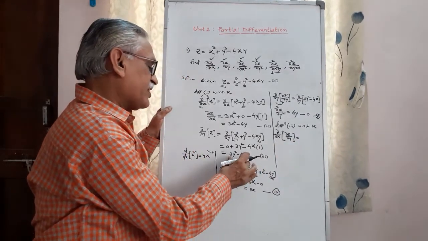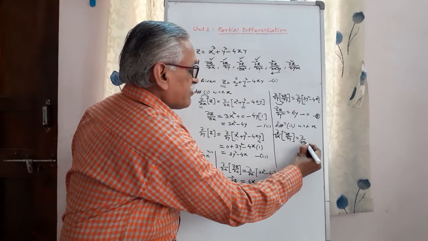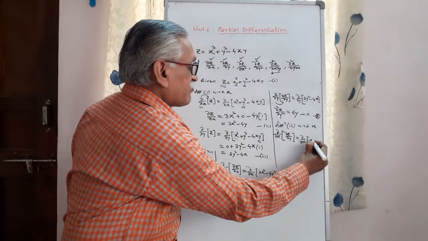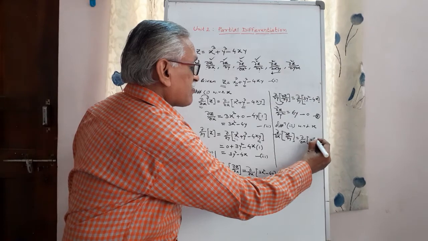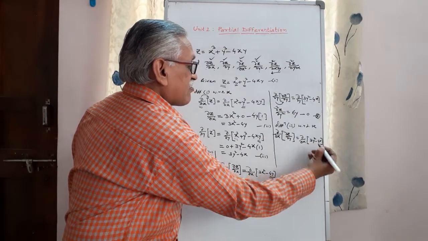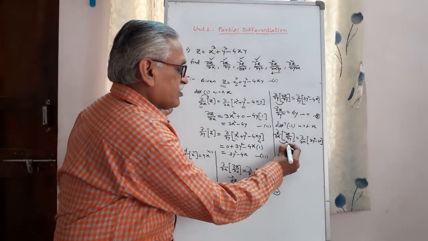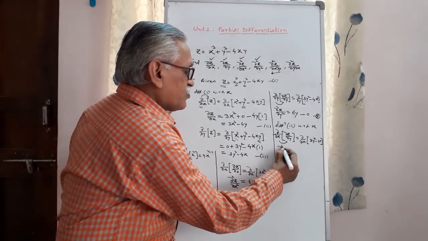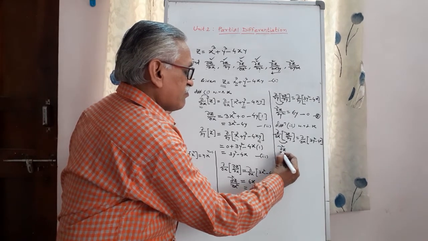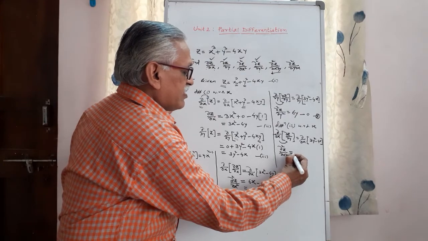And same on right hand side also, its derivative with respect to x. Therefore when you operate on this term it becomes ∂²z/∂x∂y, and that is equal to